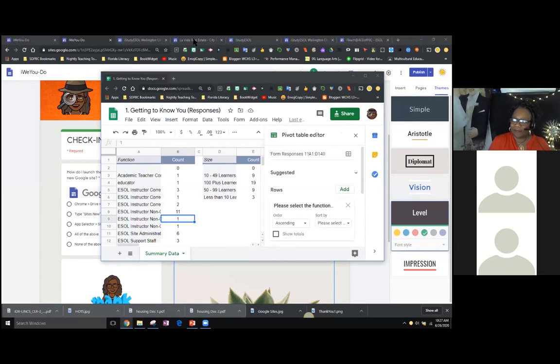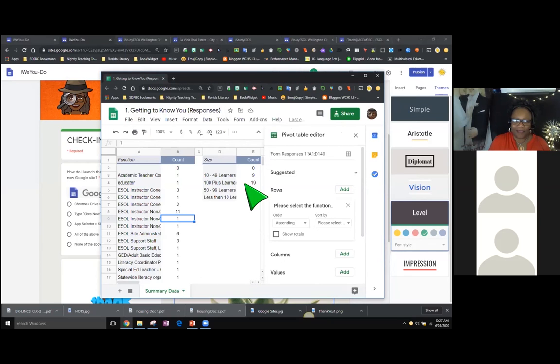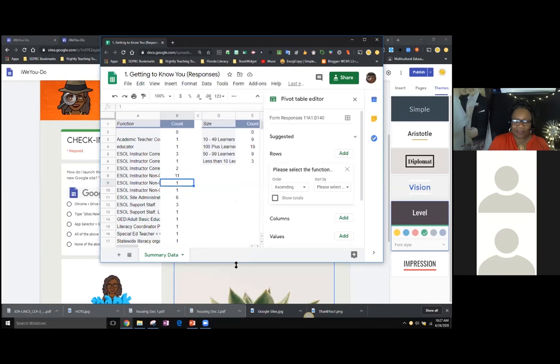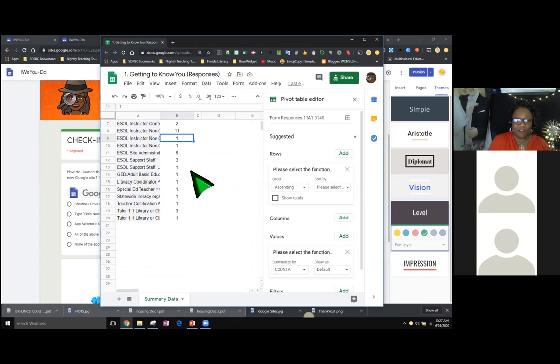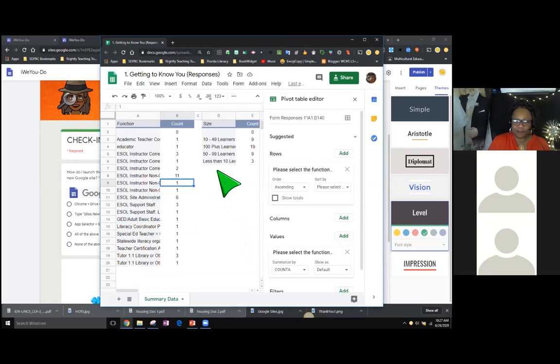And next question is from Kathy. We're using Canvas for our learning platform at Tallahassee Community College. Can sites built on Google Sites be embedded into Canvas? Yes. I'm almost certain of that, yes. It's very functional.